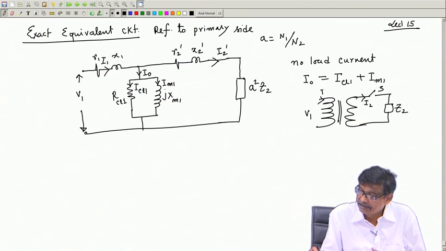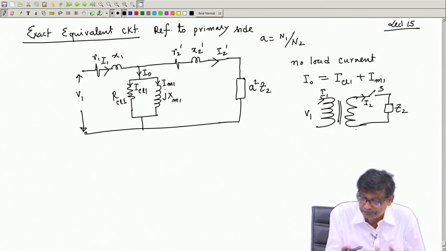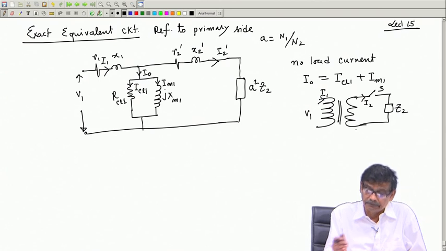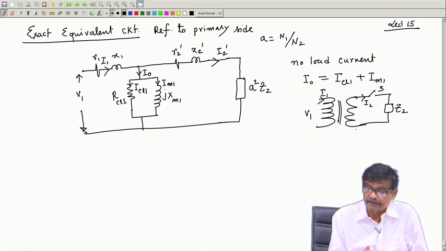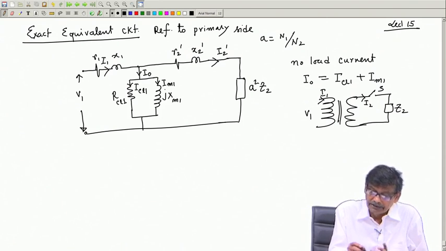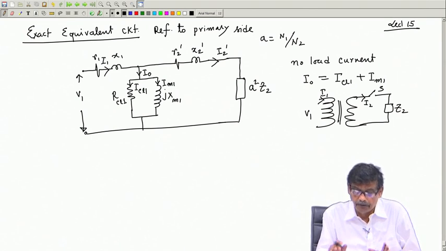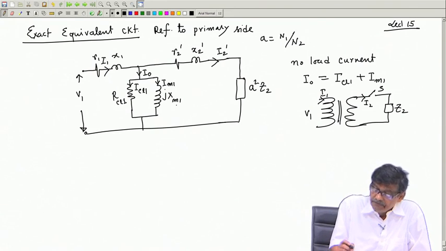In a practical transformer, this is what you will observe. You cannot separately see these branches. It is our logic which brought us here. It must be something. We are modeling this practical transformer into an equivalent circuit. Okay. So, what are the things? R1, X1 should be small, R2 dashed, X2 dashed should be small, but RCL, Xm should be high. In fact, from this,